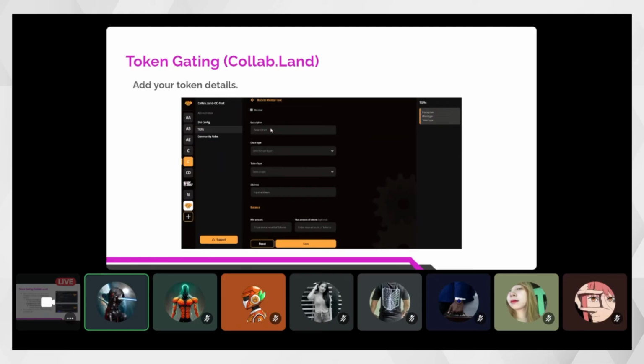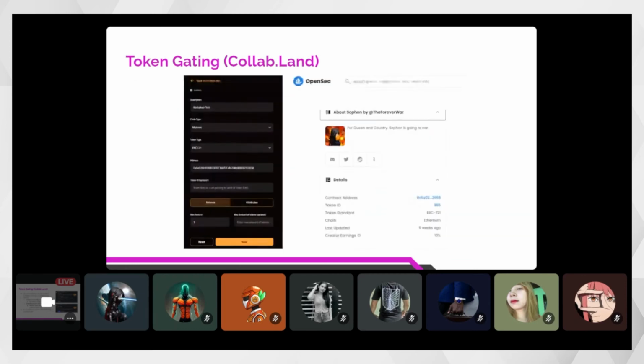So just put your description, chain type, token type, address, and minimum amount if you want. For example, he should have one Bored Ape, so he will get this role. And if he has three, he will get another higher role. So things like that you can specify here.